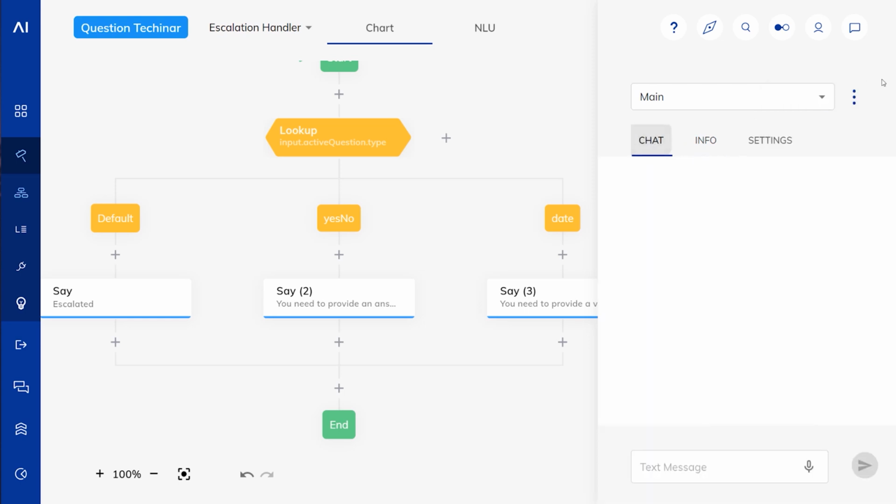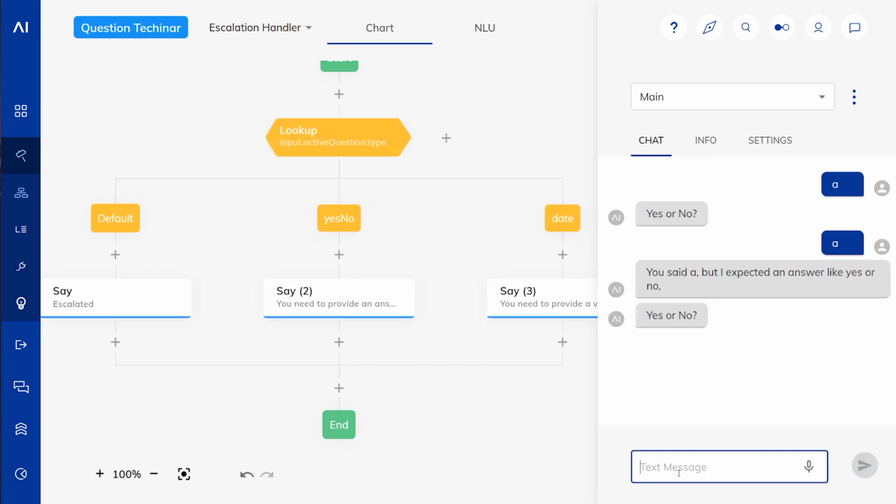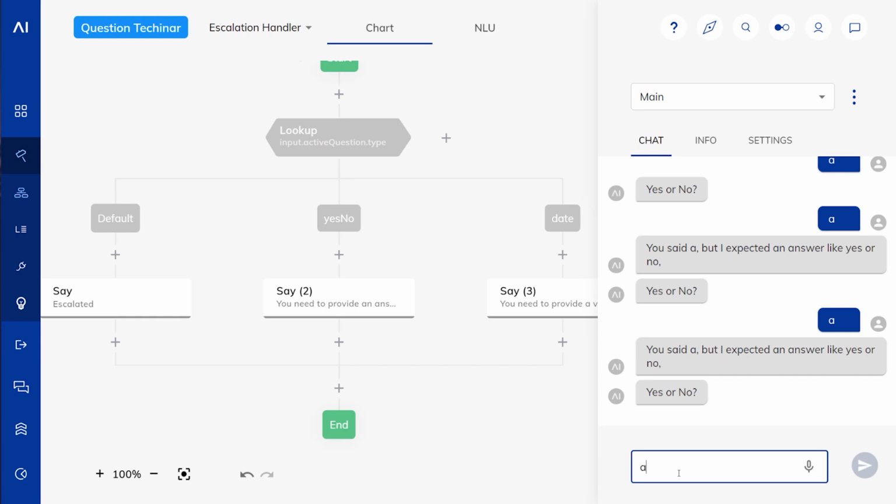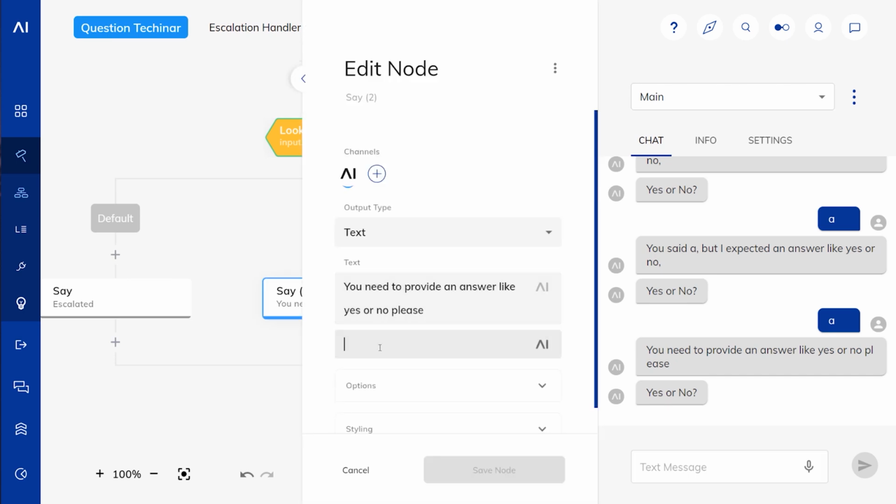Let's try that out. We're executing the main flow again. So we ask the question, reprompt 1, reprompt 2, and now we get the special escalation here. And we could, of course, just use our regular stuff here.